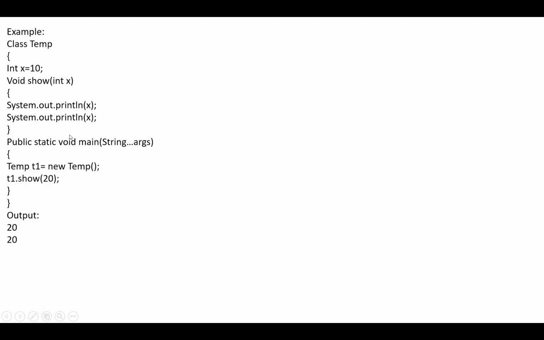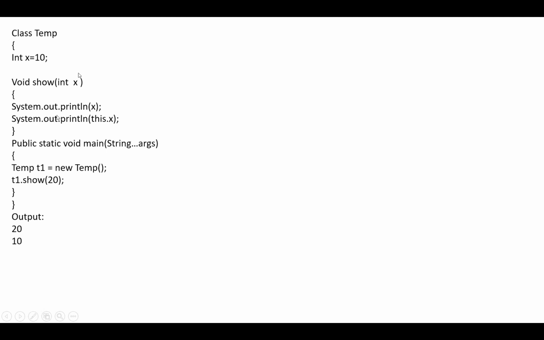If we don't have the this variable, then the value printed will be 20 20, because the local variable and the class level variable both have the same name. The local gets priority, so the x value of 20 will be the local variable value. We can't access the class level value 10 here. We can access it only with the help of the this variable. We will see this in the next example.